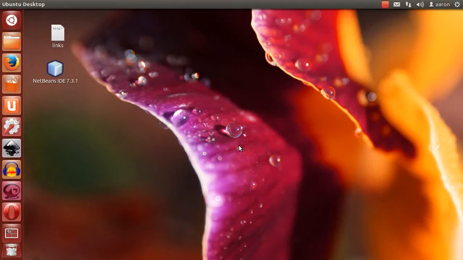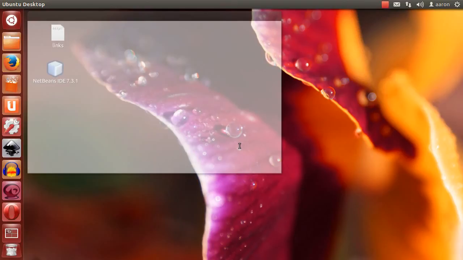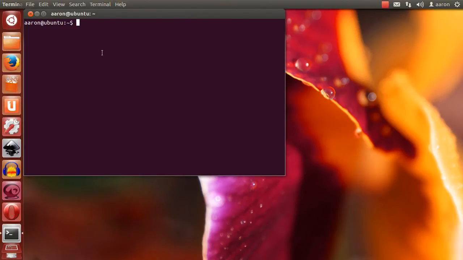Alright, hey again. In this tutorial I'm going to be showing you how to create a new project in NetBeans, and then I'm going to teach you some of the basics of Java programming. So let's get started. The first thing you want to do is hold down Control-Alt-T, and that will launch a